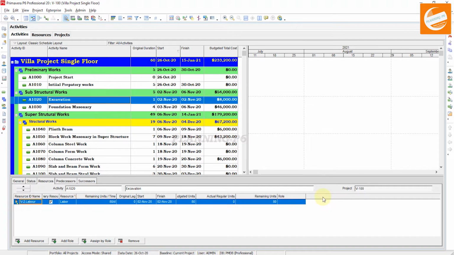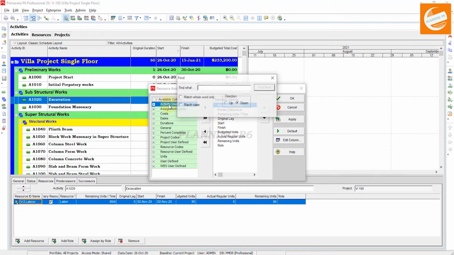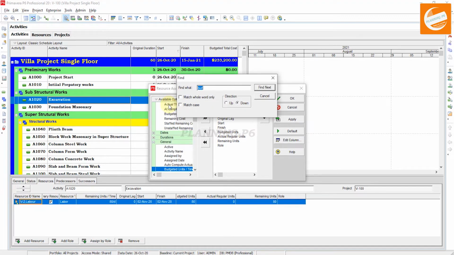Okay, customize. We customize here the necessary columns, and point from here budget units per time. This one, and close it.